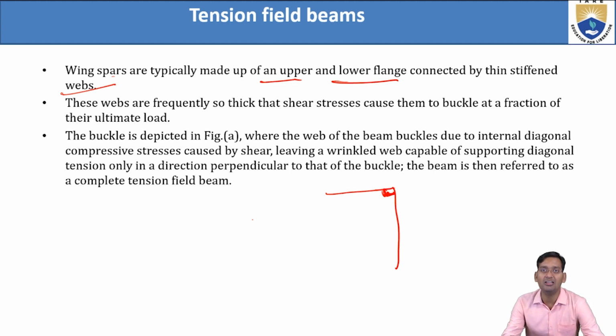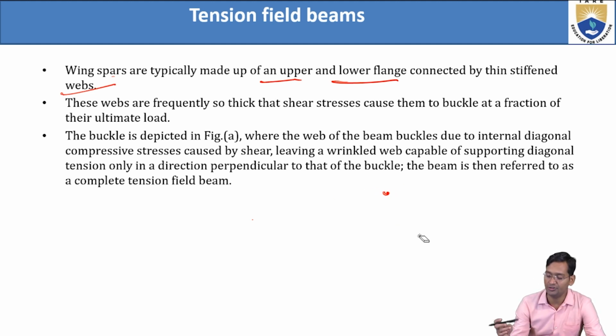These webs are frequently so thin that shear stresses cause them to buckle at a fraction of their ultimate load. So it should be that thick; it is not that you just put any small thing there. It should buckle at the ultimate load only, not before the load. The buckle is depicted in figure A, where the web of the beam buckled due to internal